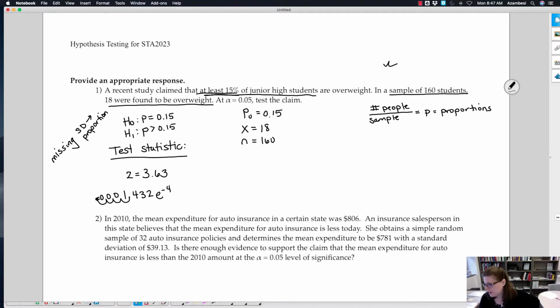So what I actually have for my p-value is 0.0001 for my p-value. Now, as far as my conclusion,